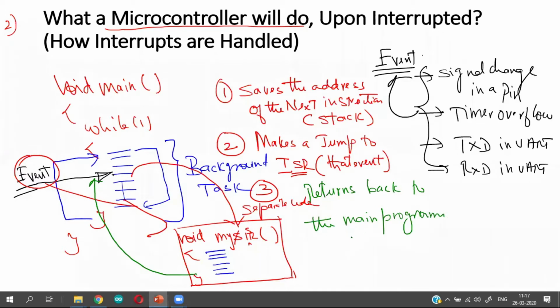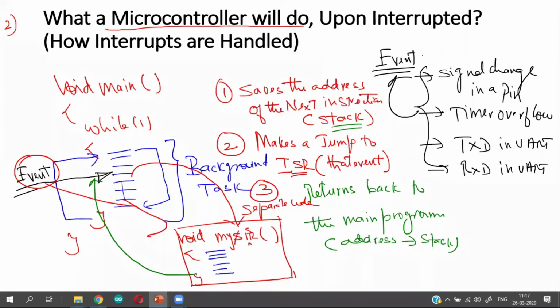How does it return back to the main program? By taking the return address from the stack. In step one, you saved the return address of the next instruction in the stack. You take that address and then you return back to the main program.